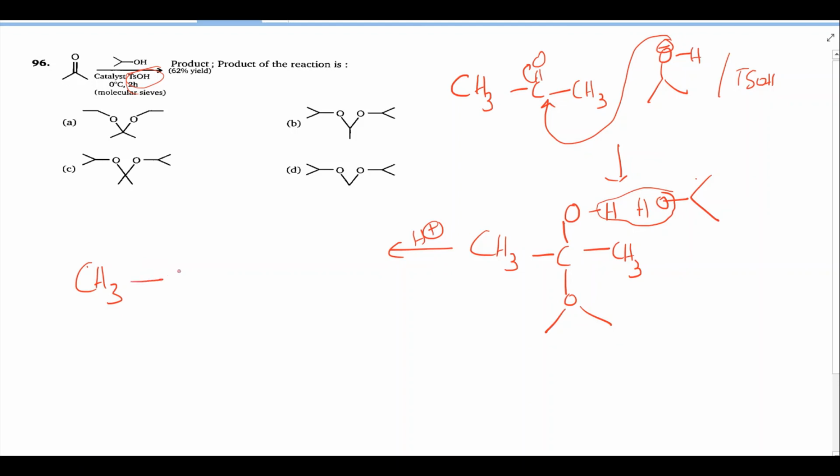Okay, CH3, C, O and O. Here there will be O. Here also same thing. Here CH3. So we can write it as it is like this. Here O, it is like this. Here down O, it is like this. You can choose what is the correct answer for this question.